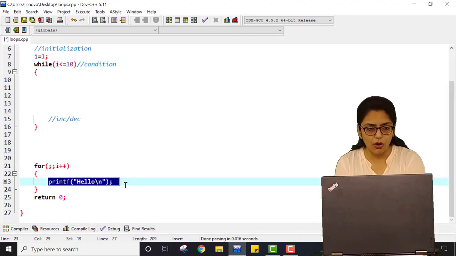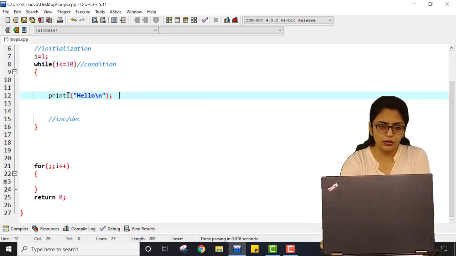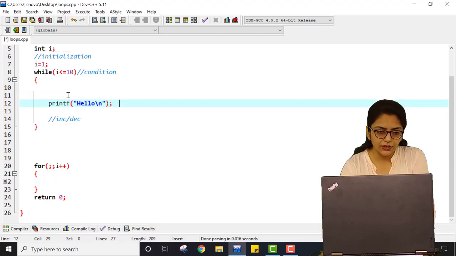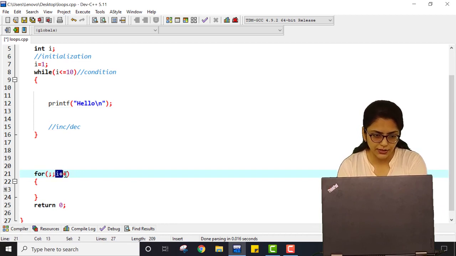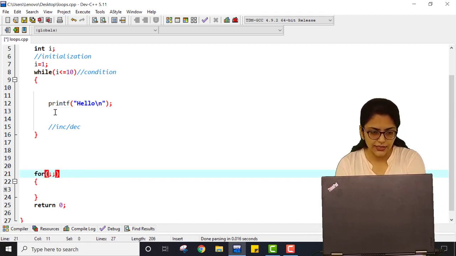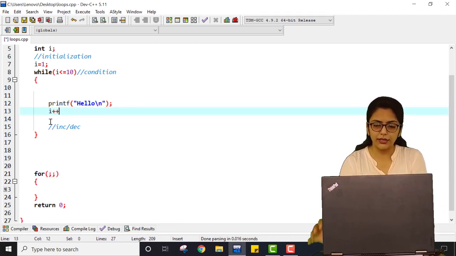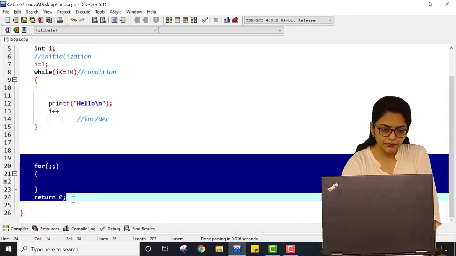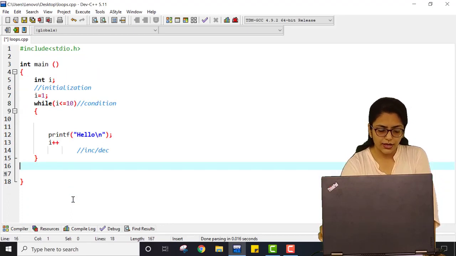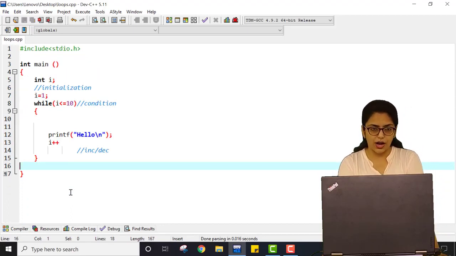I am going to print hello. After that, just copy this increment expression and paste it over here. Now just erase the rest of the code and save this program.